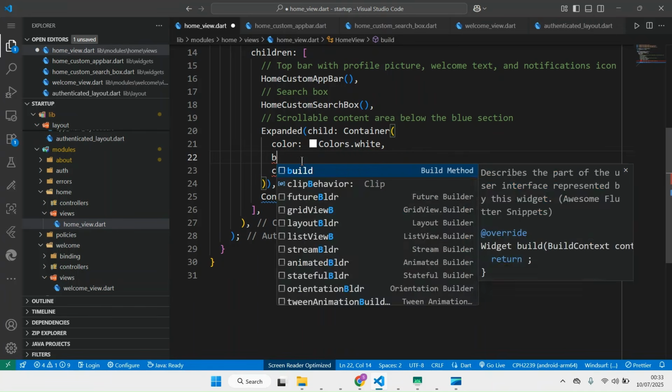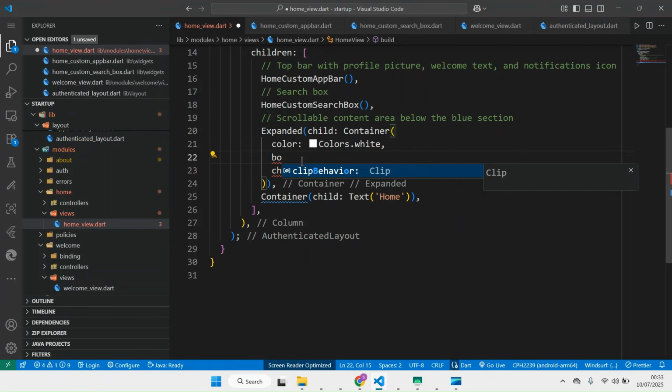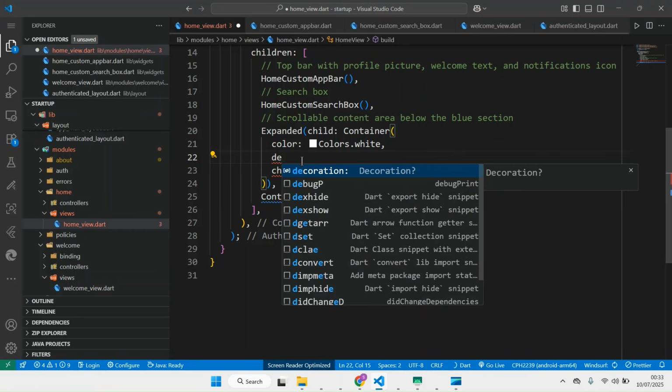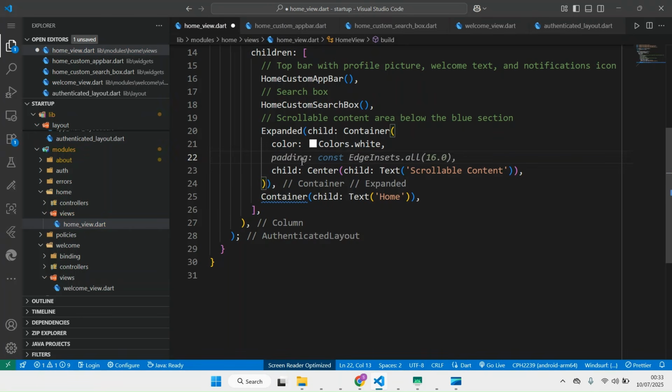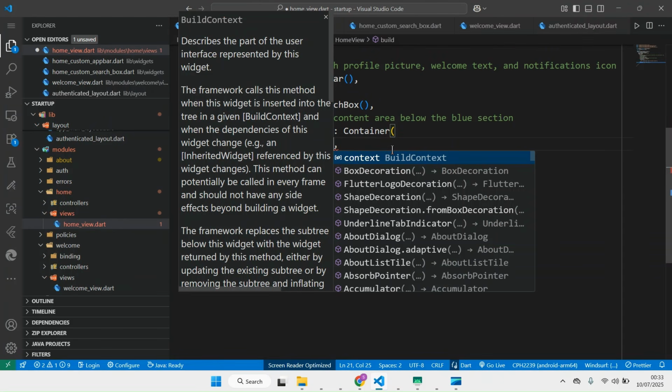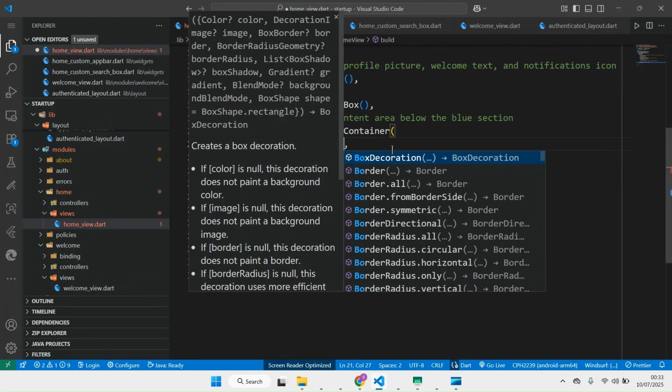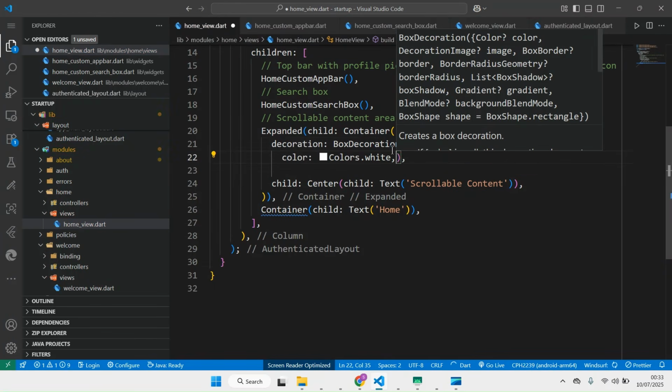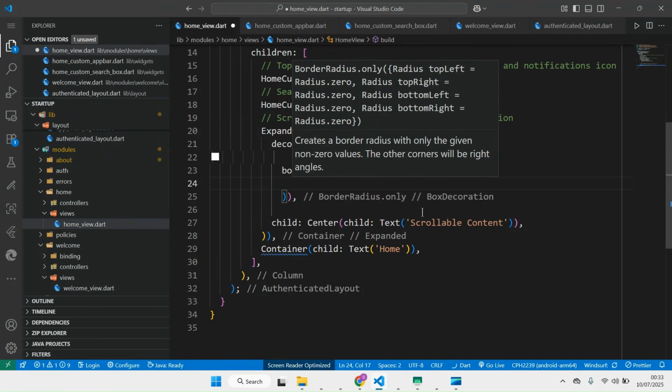we can do decoration. Okay, so if you are doing decoration, you don't need to pass the color here. You have to remove it, because you get an error. So you can do decoration, and the box decoration. So we pass that color here, and then now we pass the